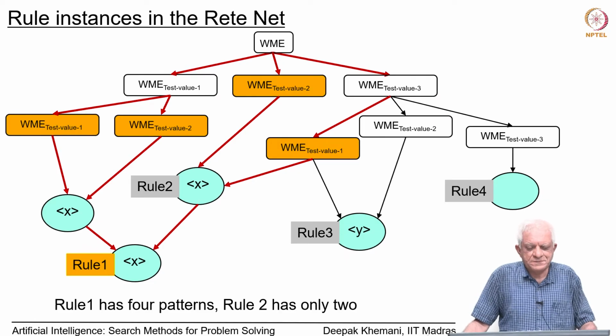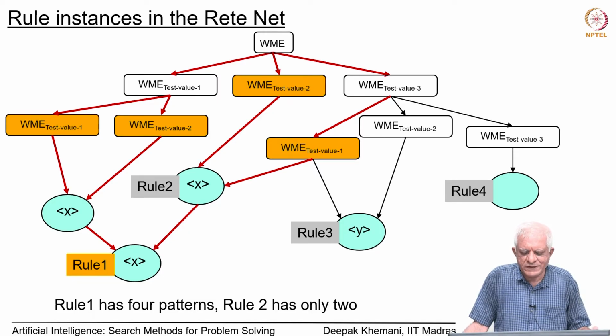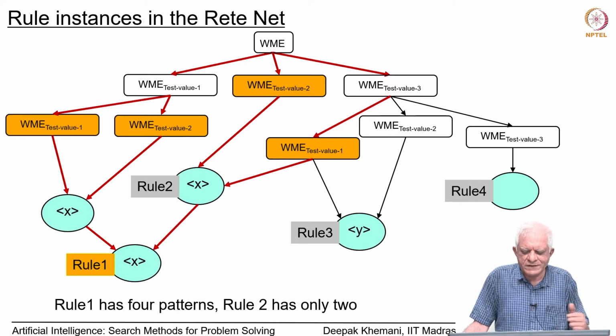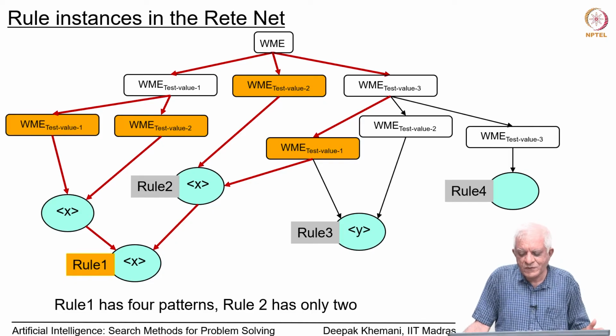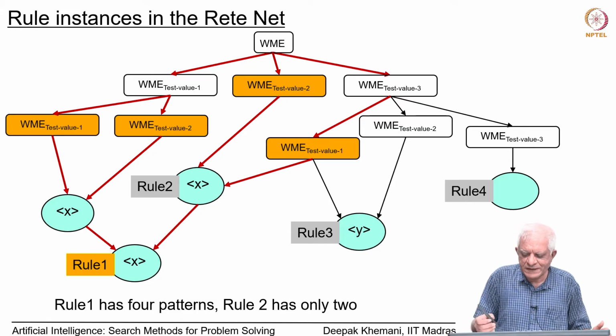So, we are back again and we have been looking at the Rete network, and at the end of the last session we saw this example network, which is a network for 4 rules that we have not written, but you can imagine by looking at the diagram what those 4 rules would be. So, rule 4, for example, is a rule which has only one pattern which it needs for matching,